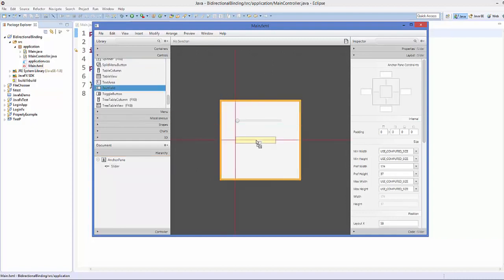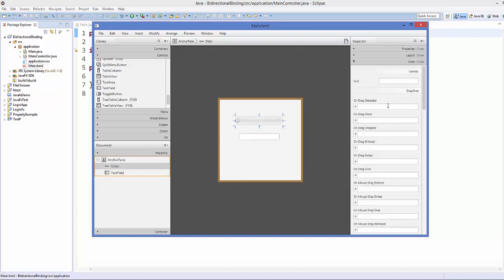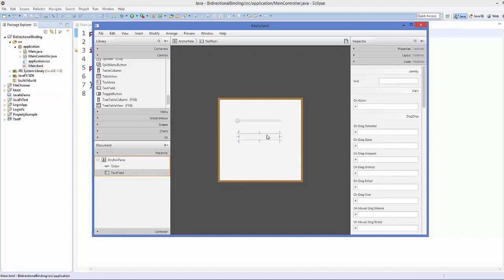So take a text field, and now I'm going to give them some ID. So for the slider, I will go to the code and I will give the fx:id slider to it, and to the text field I'm going to give the ID field, for example. Okay,